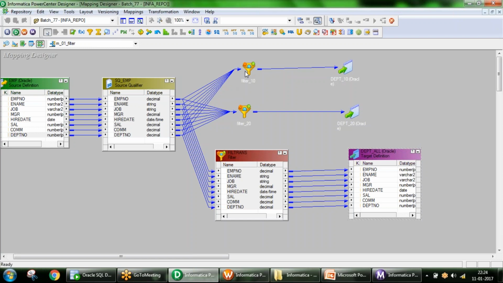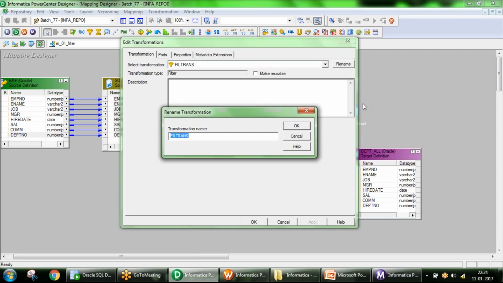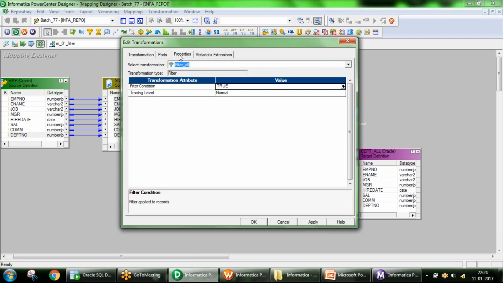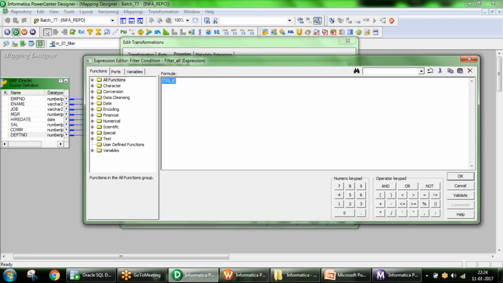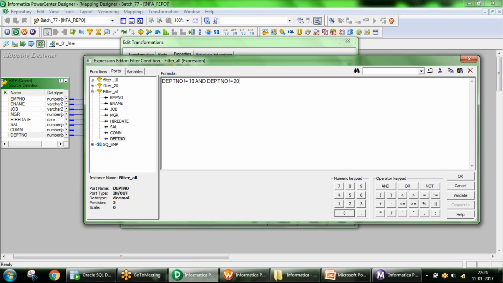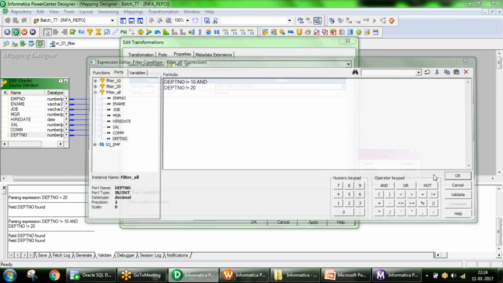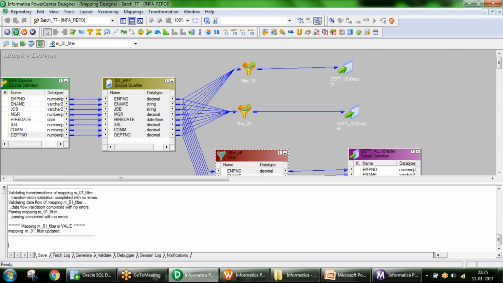Here you can name whatever filter you want, filter underscore all, then go to properties. What is the condition now? Remaining data means DEPT number not equal to 10 and DEPT number not equal to 20. I just want to load the entire remaining data. Click OK, apply, OK, save it.